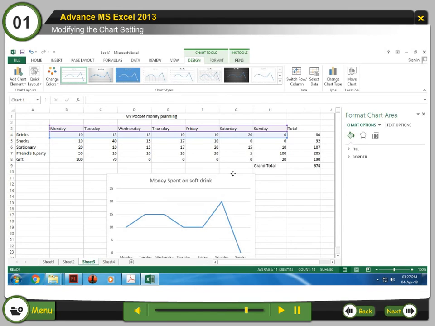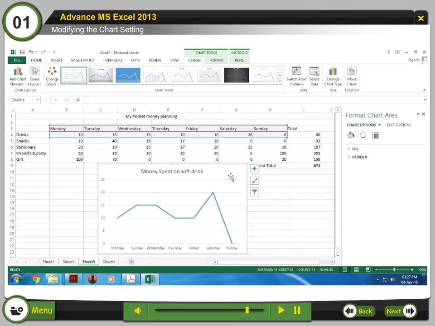To view where these elements are, click on the chart and then the Chart Elements button, the green plus. A list of the chart elements appears. These options are also available on Chart Tools Design tab under Add Chart Element icon on the ribbon.